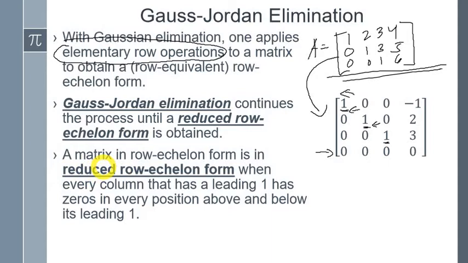But if it's reduced row echelon form, the leading one in its column shall be accompanied by zeros. Zeros, zeros. So that means there is no other non-zero number in that column